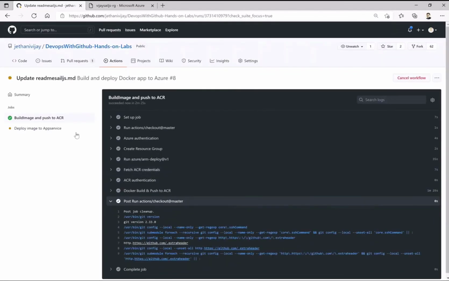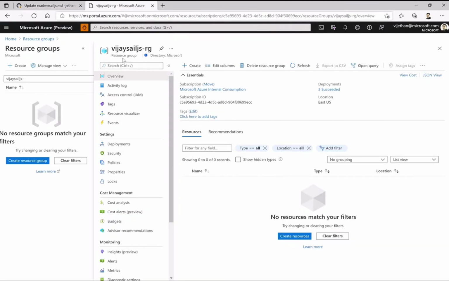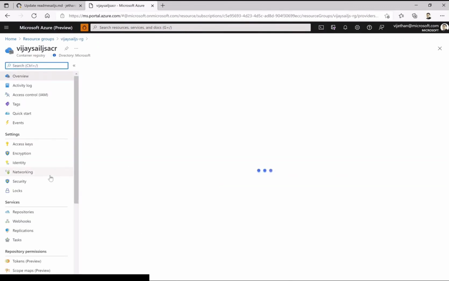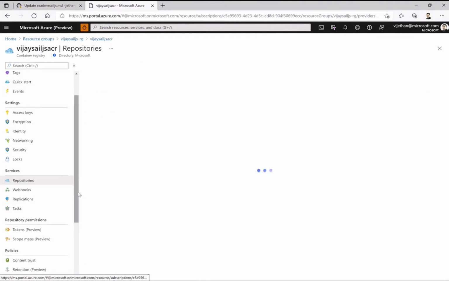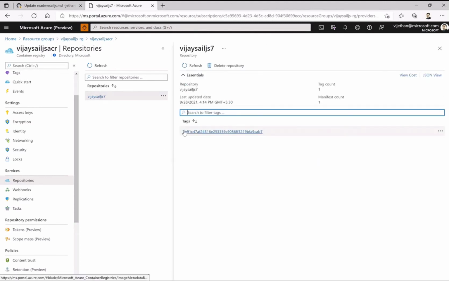Okay, so we are near to the build of the image being completed. So it pushed that. So let us check on the Azure as well where we are, whether we really have the container registry. Yes, in the container registry we should check about the repositories, and then in repositories we should check about the image. Yes, this is there. Okay, so this is the hash code ID for that image being available. Okay, this is the latest tag which we are using.